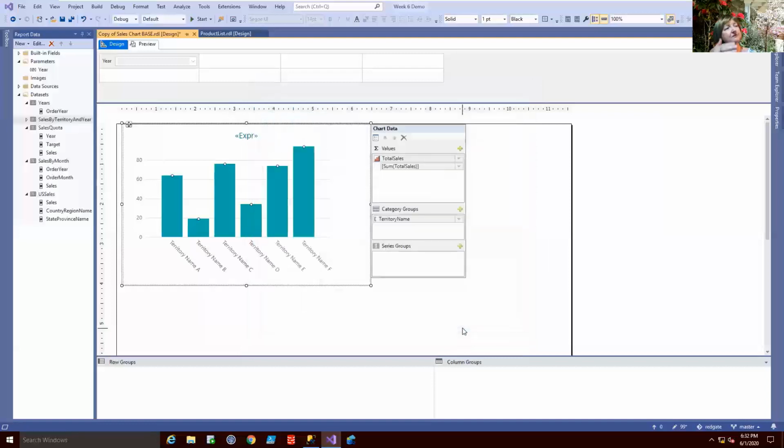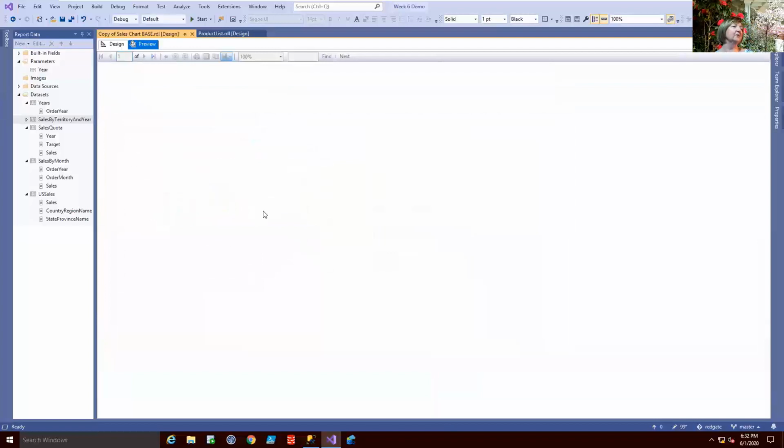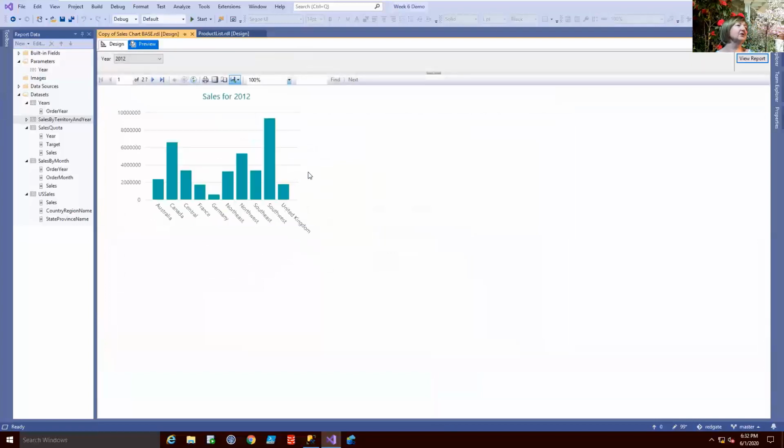Not formatted, but the tooltip will be formatted. So I'm going to preview and see how far we've got. It's looking better, and you can see the dollar amount. I still haven't done anything over with the